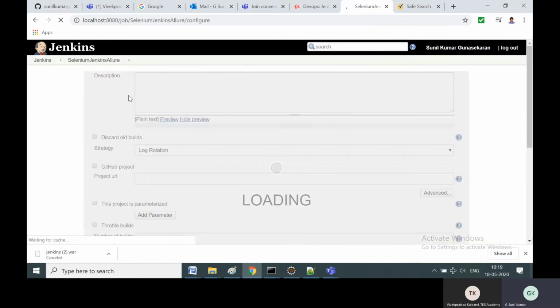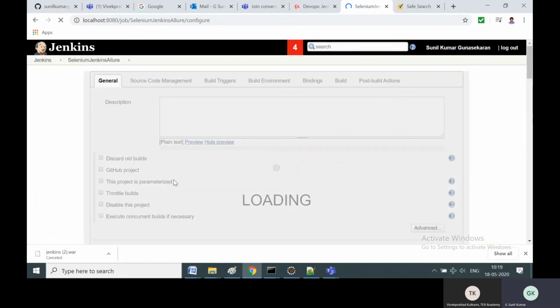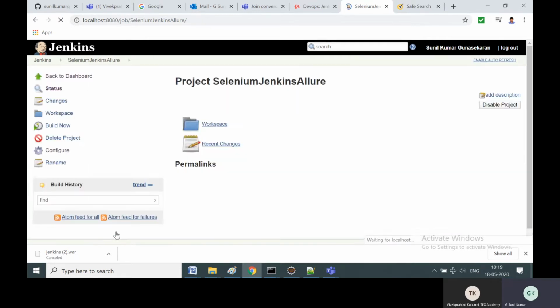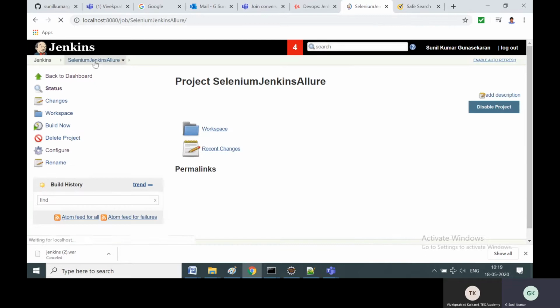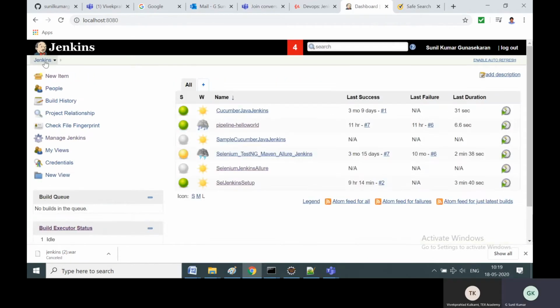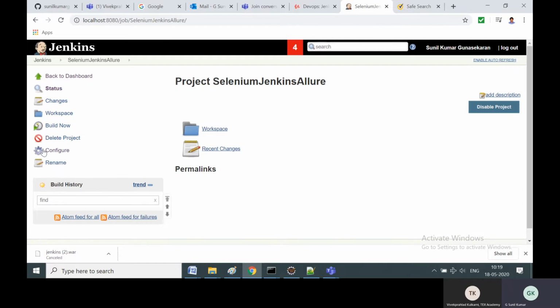This configuration page is what comes once you create the new project. If you don't want to do the configuration that time, you can simply click save, and the default configuration is saved. If you click Jenkins on the left hand side, that project is available with the default configuration.